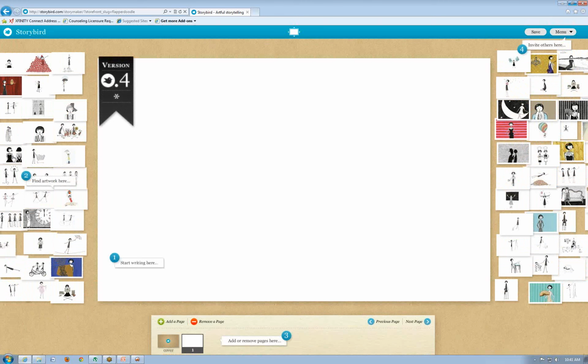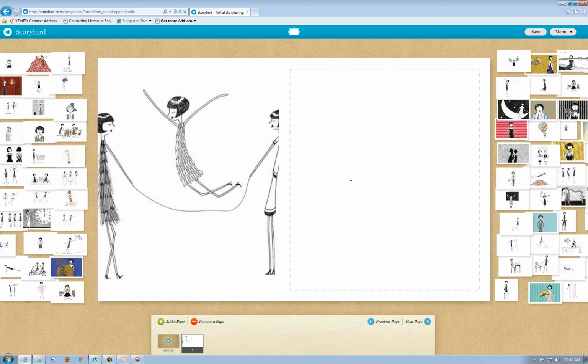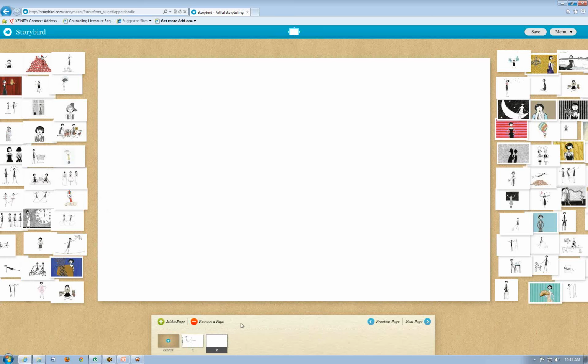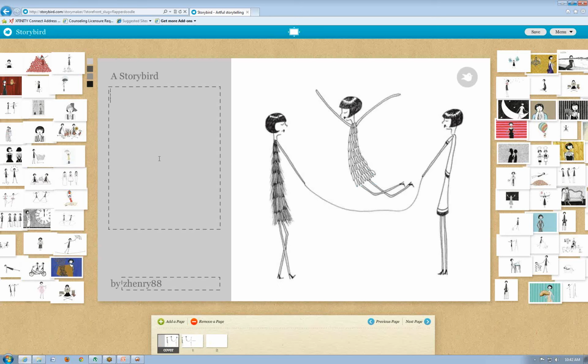you could add your picture first, and there are so many pictures, and maybe we can call this Double Dutch, even though it doesn't look like Double Dutch, but it's a rope. And then add a page. And really, I guess that could be the cover, so we can move this. I don't know if y'all can see me moving this over to the cover. But it won't let me, so let me see. Okay. And then the first